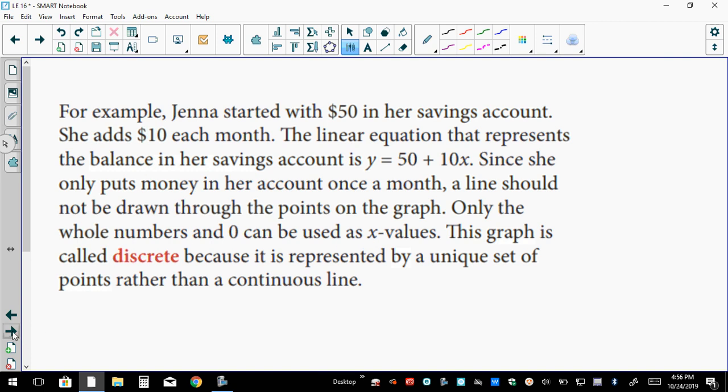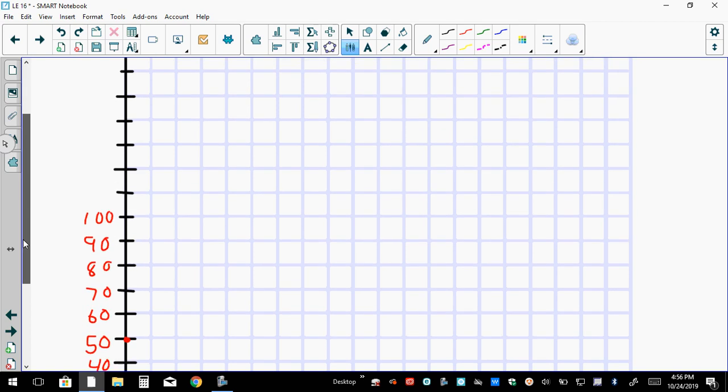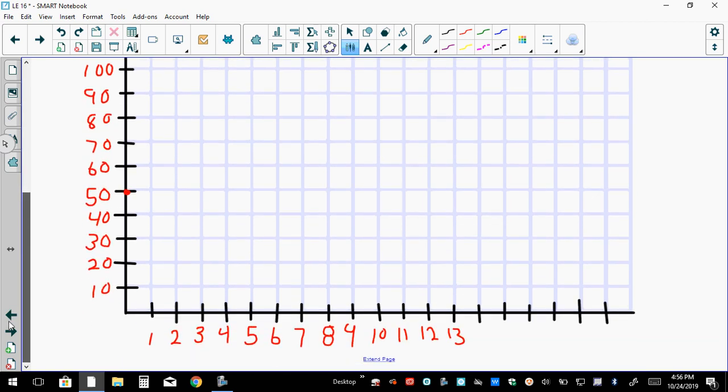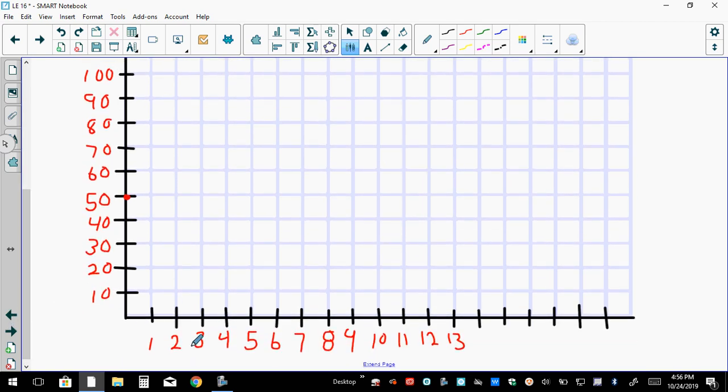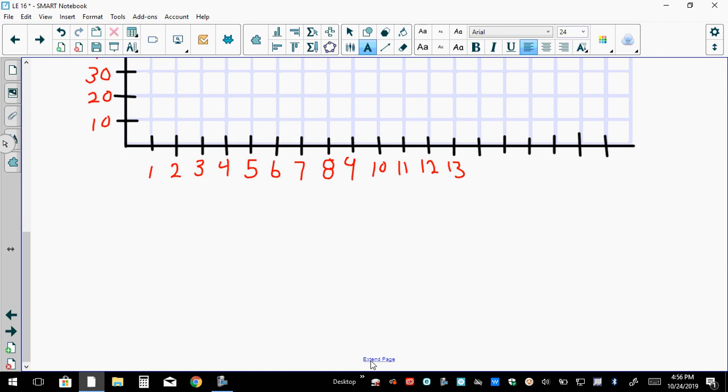So right now, take and draw. It's going to be all in the first quadrant. I've already drawn one here. Take a minute. You might pause it right now and set up something that looks like this, okay? And what I'm going to do is this right over here is going to be money on this axis. That's dollars or money. And then down here on this axis, we're going to have